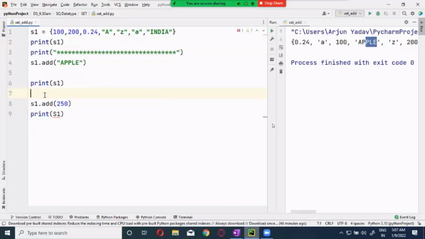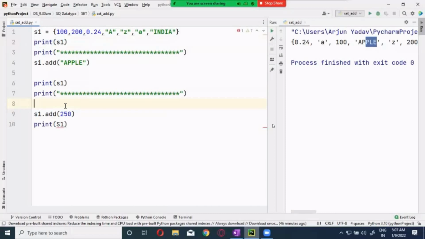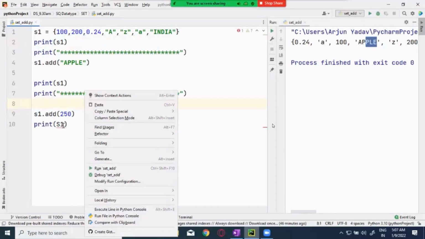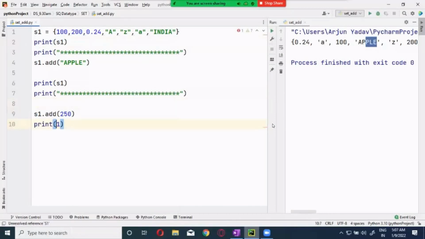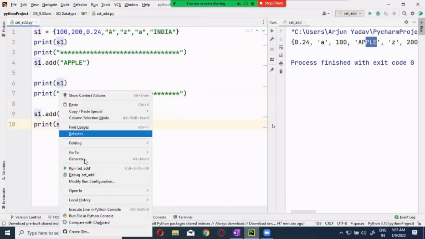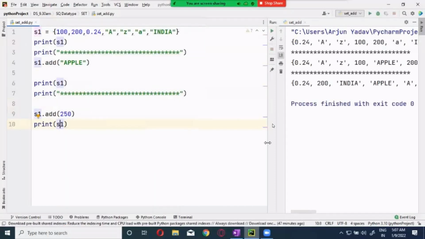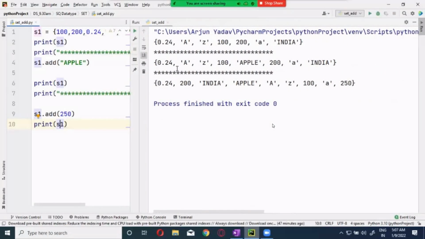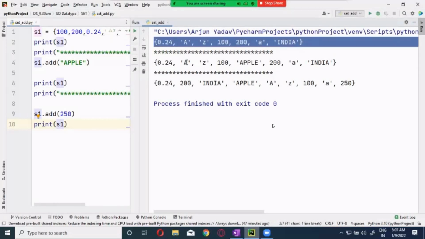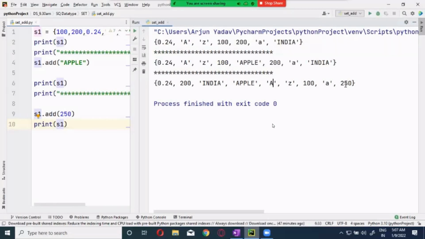First I will add the apple and print it, then I will add 250 and print S1. Now, can you check it out? Got it? Here it looks like it is added at the last, but if you add one more number, the whole structure will be changed.